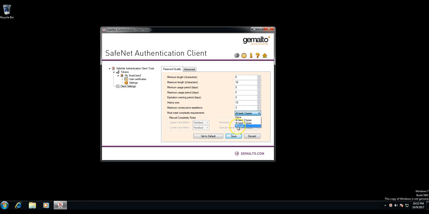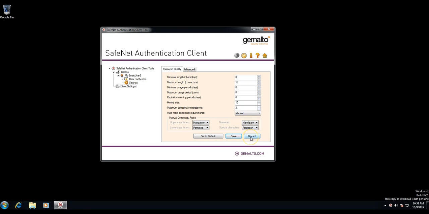And then if I need to select individually what 3 types I need, for example, I could select uppercase permitted, or forbidden, or mandatory, and so on. So if I want at least one uppercase letter, a number, I would set that as mandatory. If I want to disable special characters, I'll just select forbidden. And if I want the lowercase option as permitted, I'll leave that as permitted, again allowing that lowercase letters are also acceptable in password creation. Everything else that I've highlighted here will be mandatory. So I could hit save, but